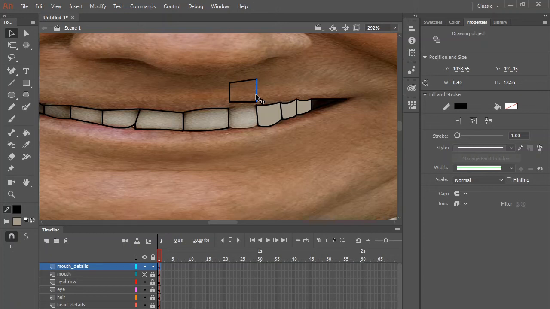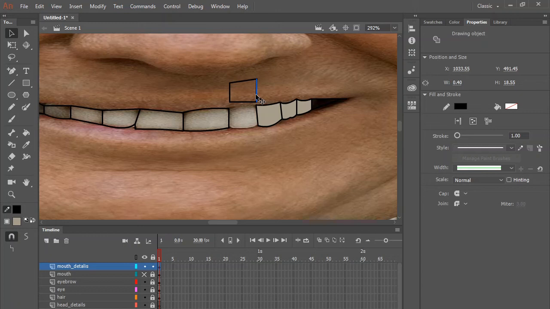Okay. Move it upward, break it apart, modify, break it apart, grab your line tool